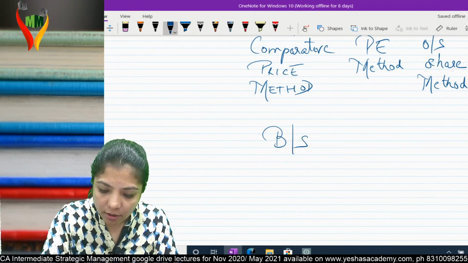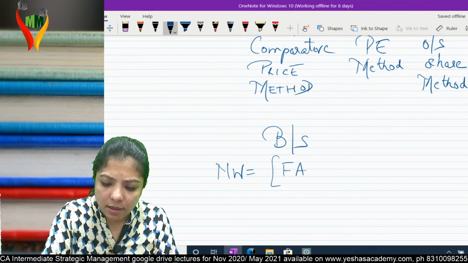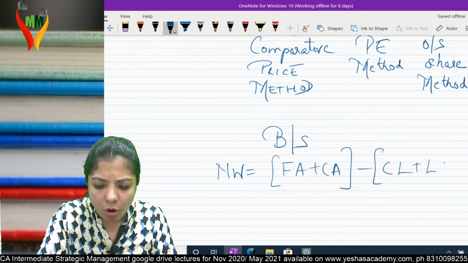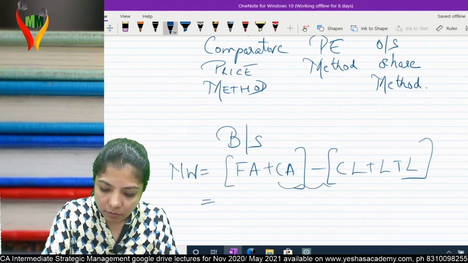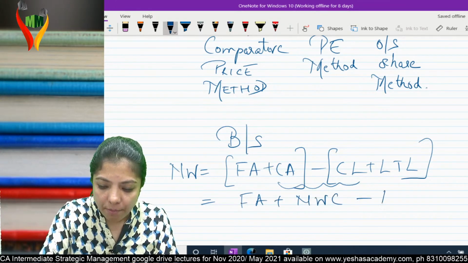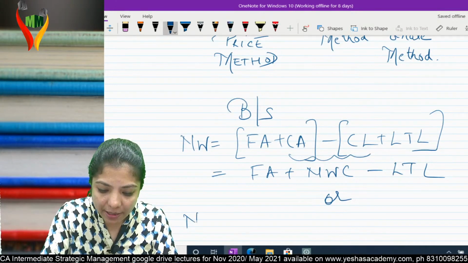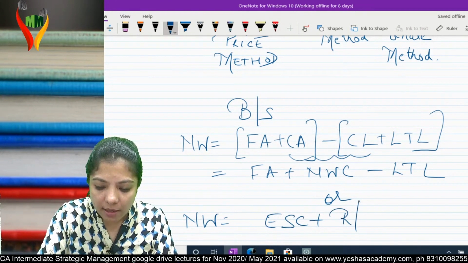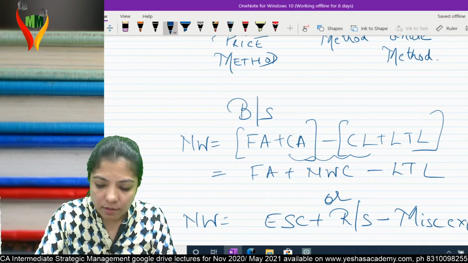In balance sheet, simple. Your net worth is equal to fixed assets plus current assets minus current liabilities plus long-term liabilities. If I open the bracket, fixed asset plus net working capital minus long-term liability is my net worth. Or if I go by liability side, net worth is equal to equity share capital plus reserves and surplus minus miscellaneous expenses, if any,